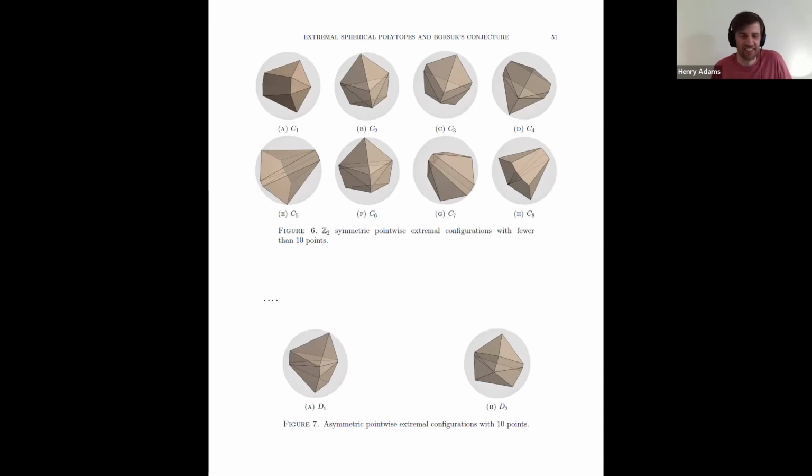Questions for the speaker? I have one. What's the precise relationship between anti-self-polar polytopes and pointwise extremal sets such as A sub k and B sub k? My guess is any pointwise extremal set becomes an anti-self-polar polytope. Am I correct? Yes, with the proviso that its diameter is below that magical value that I mentioned, which is the first accumulation point. So there are infinitely many examples under this value.